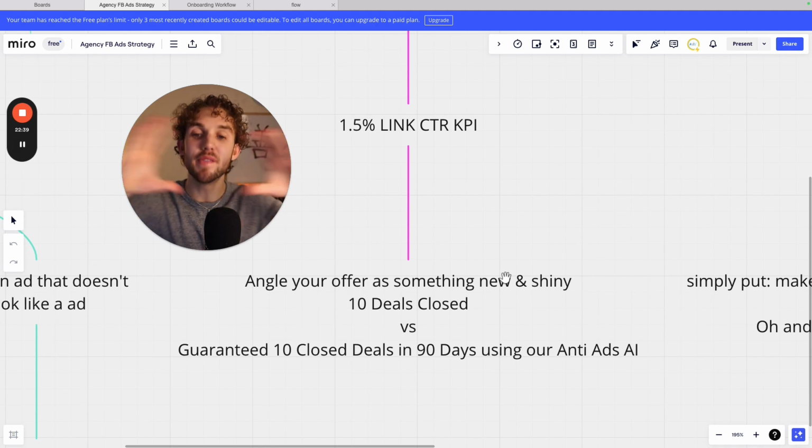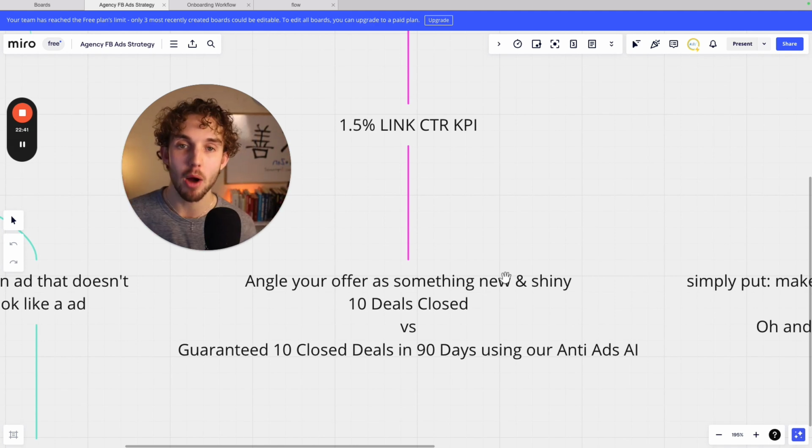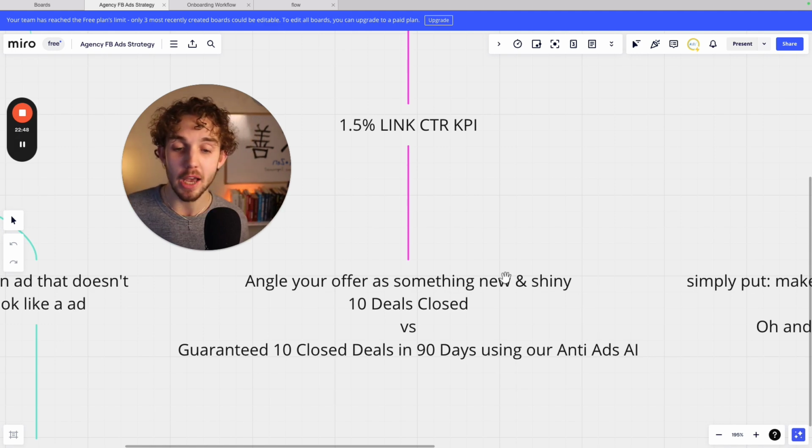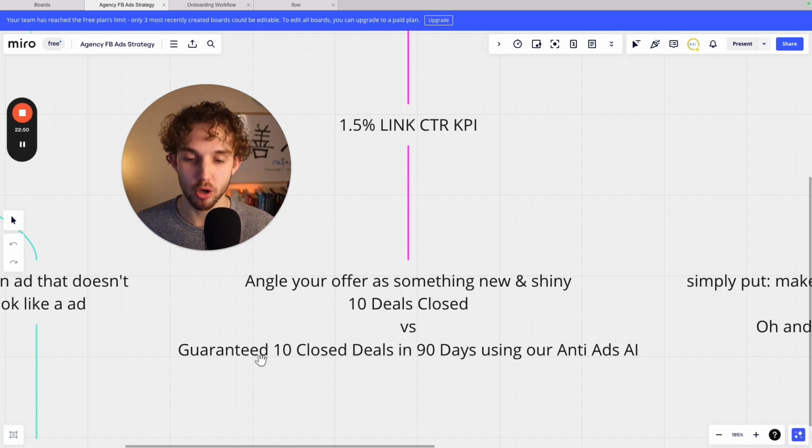I had to use the value equation to really make my offer better. How can I lower the effort and sacrifice? How can I lower the time delay? How can I increase the perceived likelihood of achievement? Well, if you say our average partner closes 10 deals in the first 90 days using our anti-ads AI with guaranteed results,